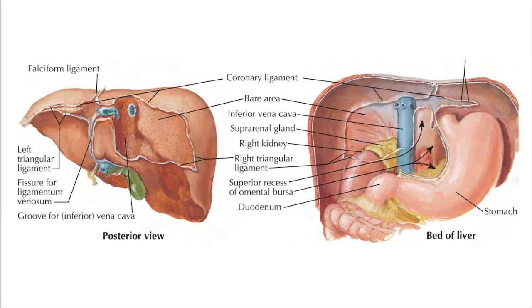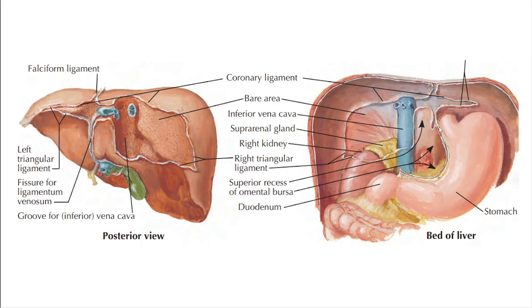You can see that these are the two layers of falciform ligament. The right layer is continuous with the upper layer of the right coronary, right triangular, and lower layer of the right coronary. Then it ascends on the right aspect of the caudate lobe, goes transversely to the left, dips into the fissure for ligamentum venosum to become continuous with the posterior layer of the lesser omentum.